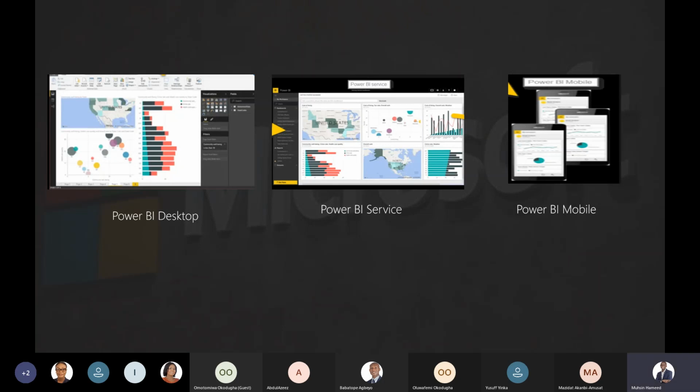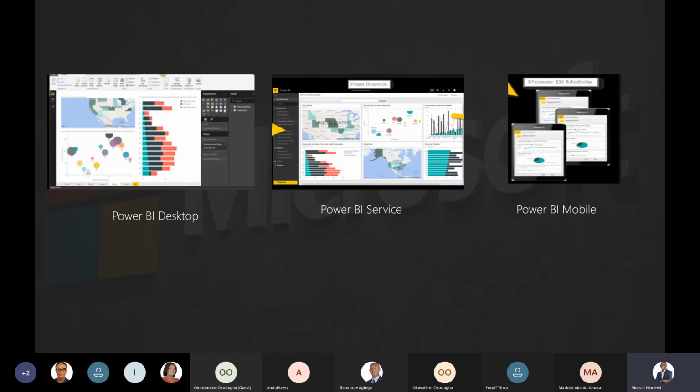Yes. Great. Can I build my report on Power BI mobile after downloading the Power BI application? No. Correct. Okay. Can I build my report on Power BI service? No, given the flow.